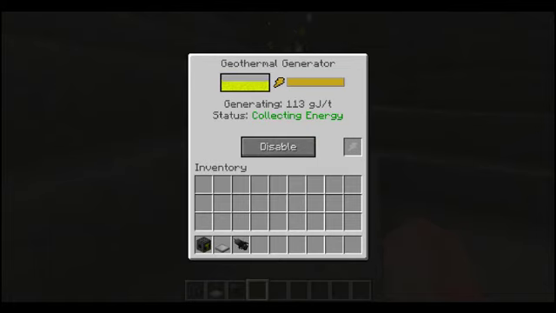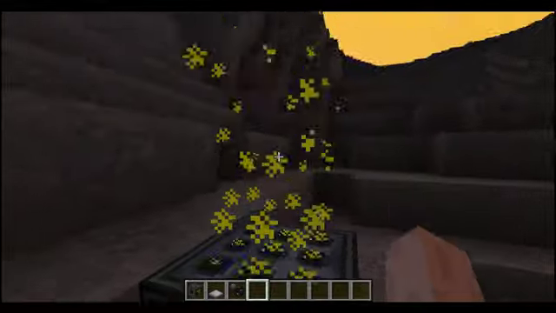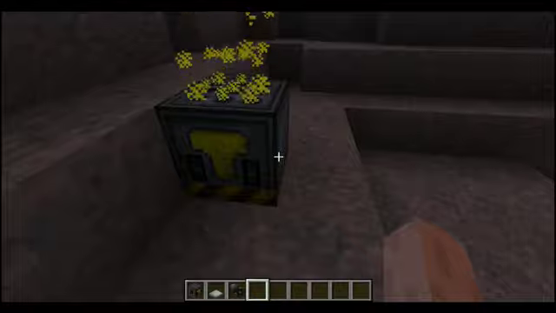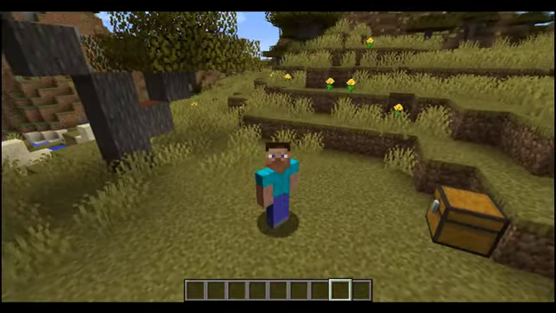It generates it at an oscillating rate, so as you can see, it's kind of low right now, but it kind of goes up and down in how much energy it's generating. But these little particles puff out of the top of it like that, and that's about as simple as that machine is. So that just about wraps up all of the